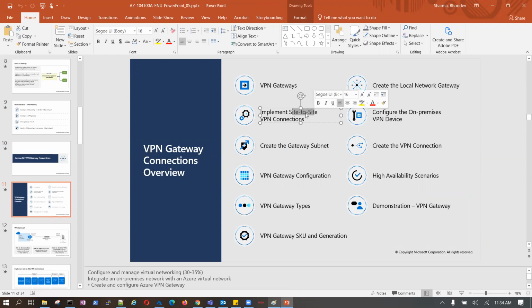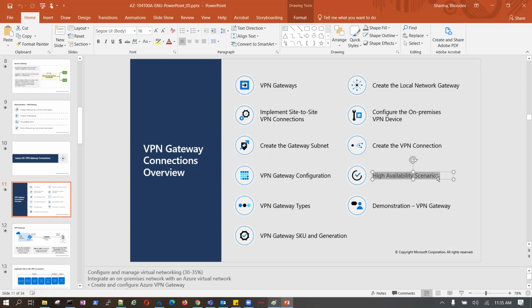If it is not VPN to VPN, VNet to VNet is not possible. Create the gateway subnet, possible. We created it. Create the VPN connection, we have created, but the connection will not be established because we do not have a valid remote IP available. VPN gateway configuration is in progress right now.